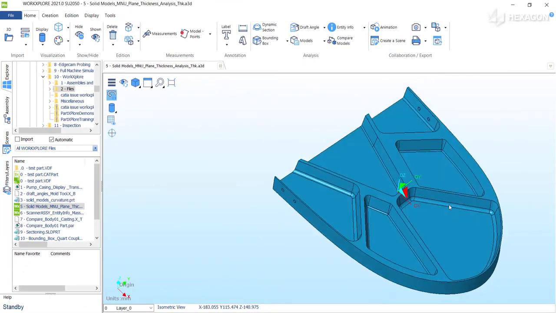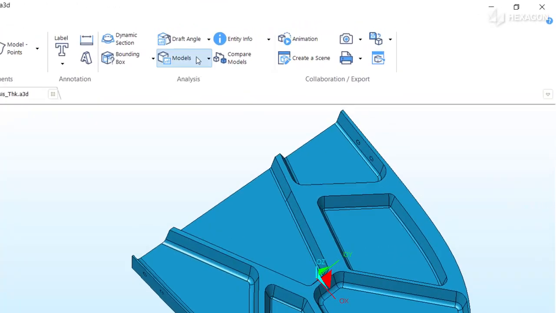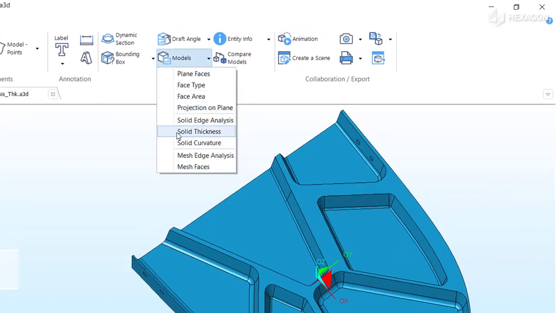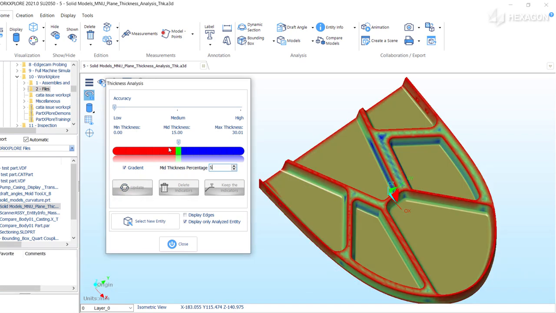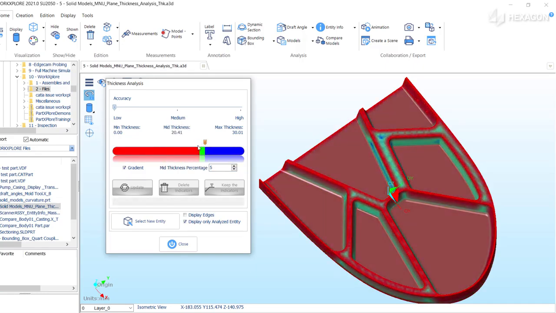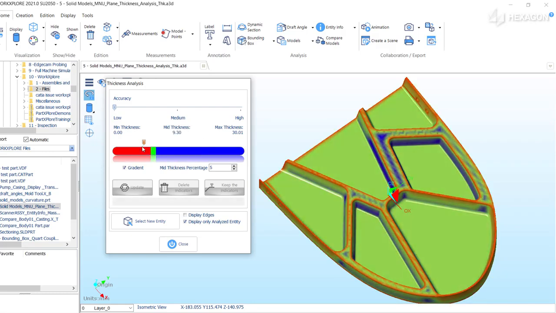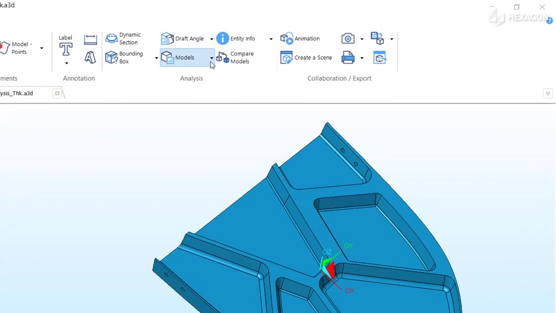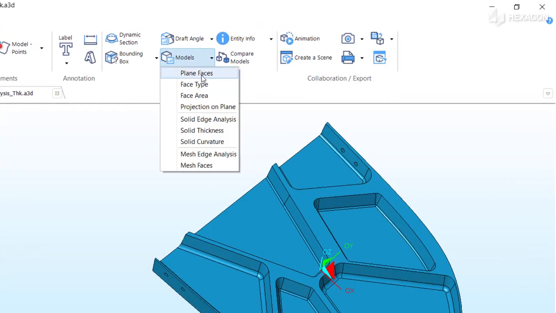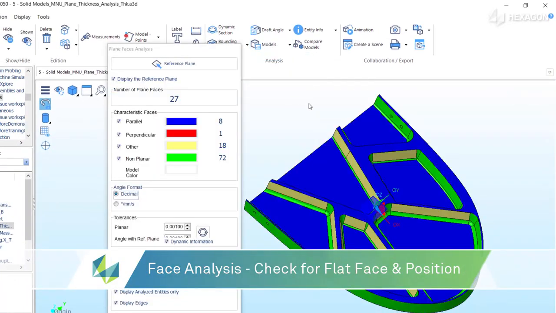The thickness analysis function can be used to highlight critical zones on mechanical parts. Values are indicated on a colour scale, which can be represented by coloured bands or progressive colour changes. There are 3 levels of precision to determine analysis speed and quality. Users can also obtain information about thickness at a specific point by clicking on the model, as we saw with the previous tools. This tool is particularly useful when machining parts with thin sidewalls, where potential cutting forces can warp